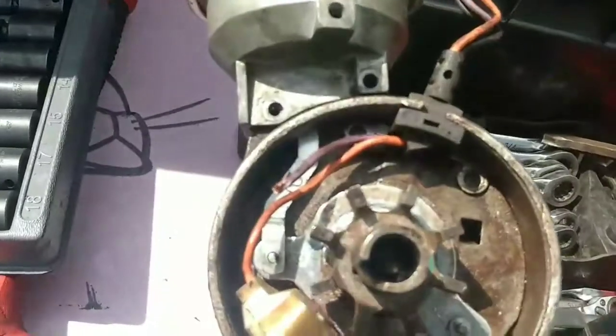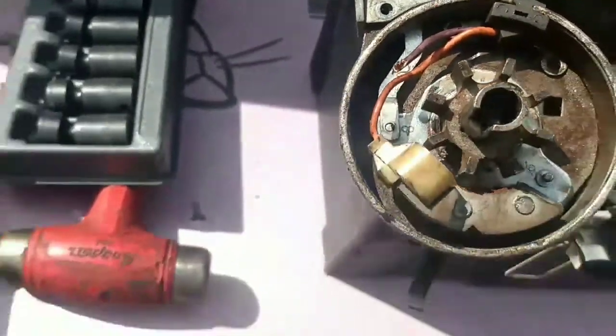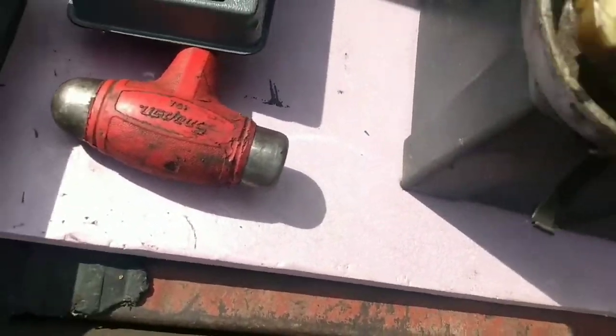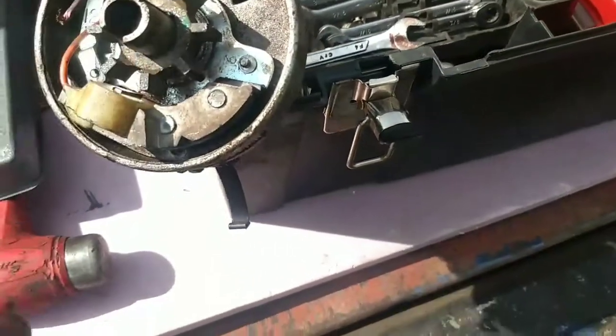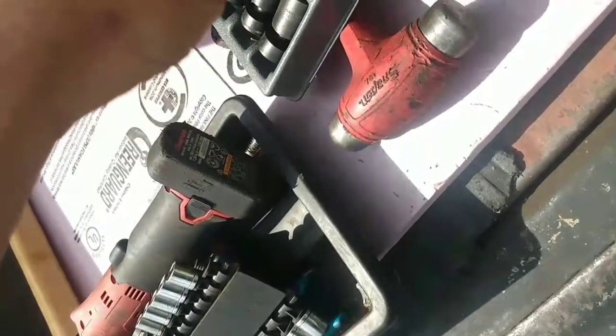Vacuum advance module goes right there. The arm hangs on this pin on the side of the pickup unit to control the location of it. Now I've been having problems with this vacuum advance module hanging in full advance. Any of you people that drive old Fords with finicky timing, you know what happens if the timing gets too far advanced. You can't start the engine. It's on